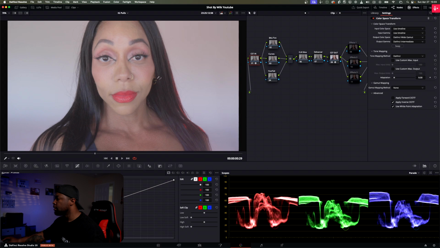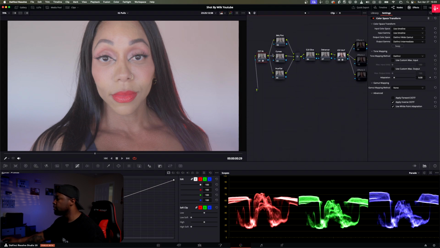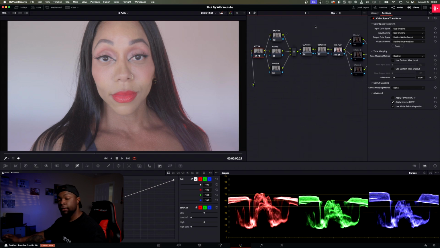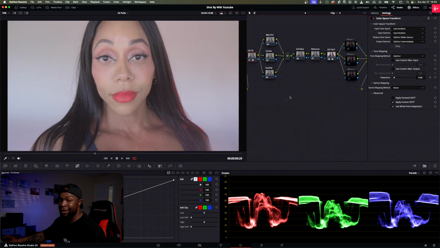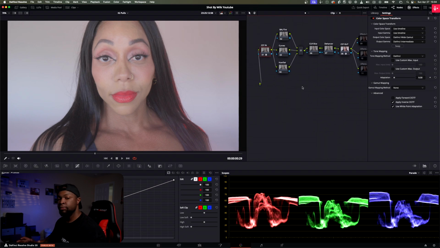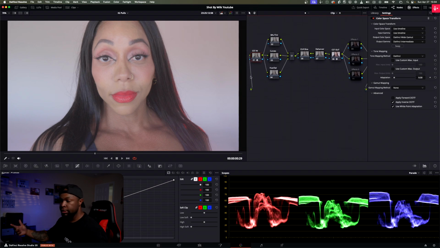What you'll see here is I have a CST in, or a color space transform in, and a color space transform out. And then sandwiched in between is all the things that I'm gonna need in order to achieve my final look, right? So for those of you who don't know anything about CSTs or how they work in DaVinci Resolve, what that CST in is going to do is transform the color space that you're using, right? So if you're shooting in any type of log footage or raw footage or whatever the case may be,